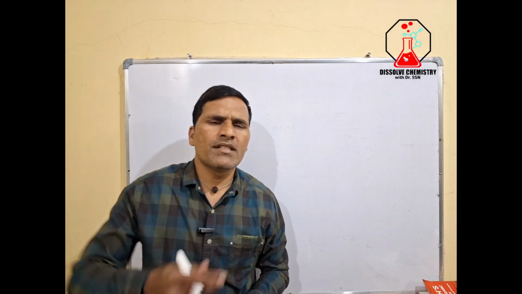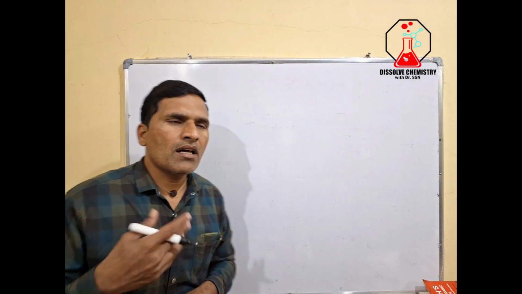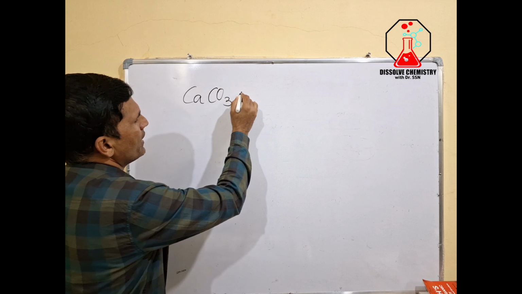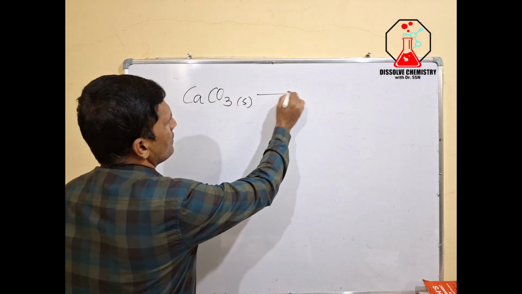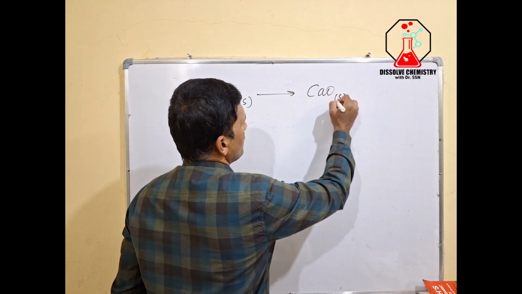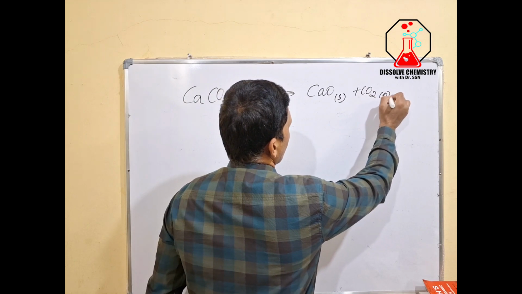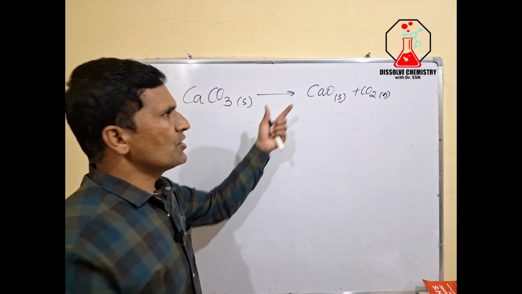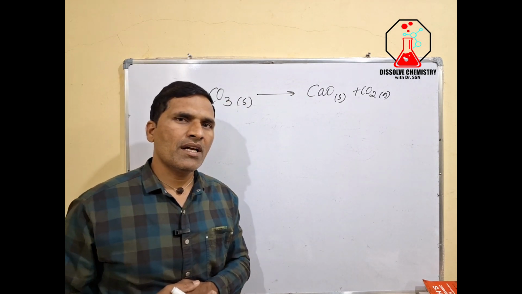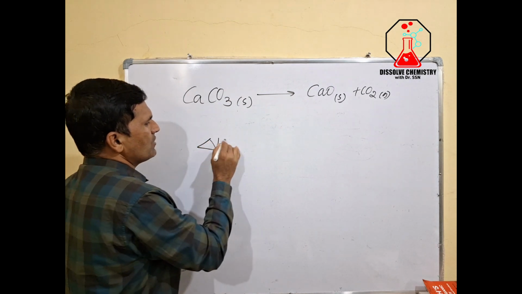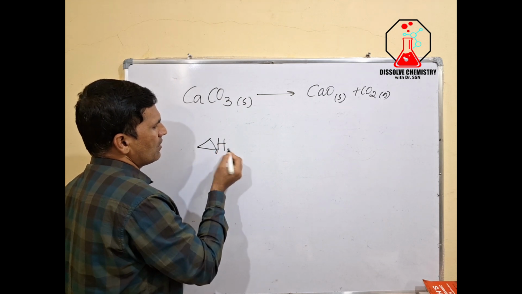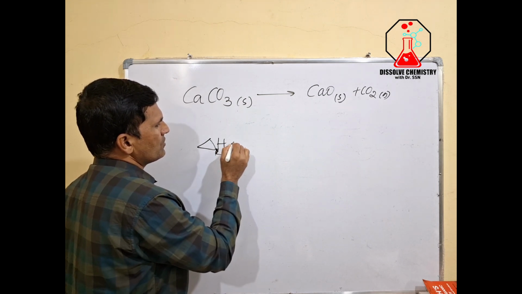Well, I am interested to know about the enthalpy of this reaction. Then how to know this one? Calcium carbonate, solid, will decompose to give calcium oxide, that is lime, solid, plus CO2 gas. And I want to know about the change in enthalpy of this reaction. So to know that, how can we do that? So we know that delta H of this reaction